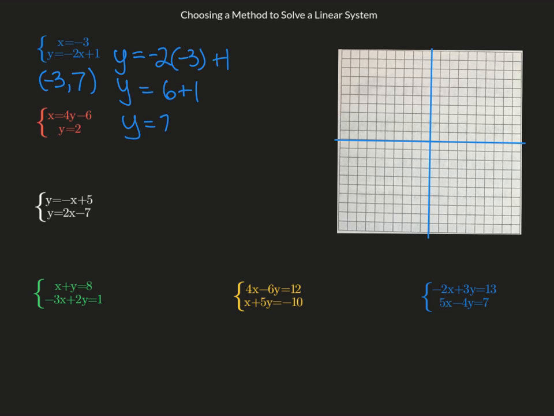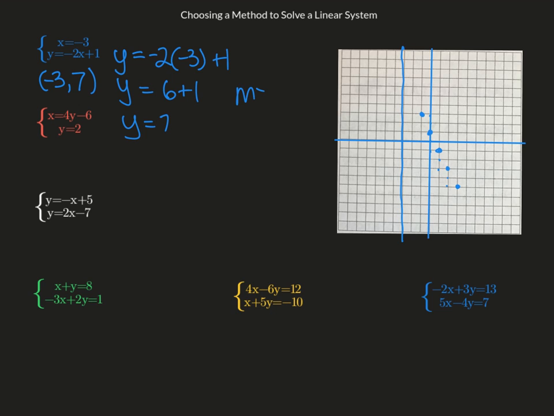Now I want to show you on the graph how we could come up with that solution as well. So x equals -3 is a vertical line where x is -3. And you would want to use a straight edge if you could, rather than freehanding it. And then this equation, y equals -2x plus 1. Well, we know the slope is -2, and the starting location is +1 on the y-axis. So here's +1, and then we go down 2 and right 1, down 2 and right 1, down 2 and right 1. And also, I'm looking for the point of intersection, so let's go up 2 and left 1,